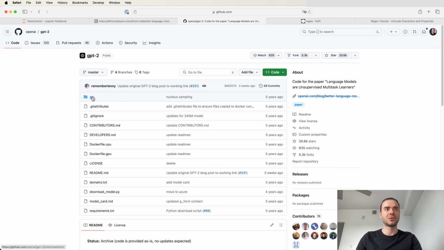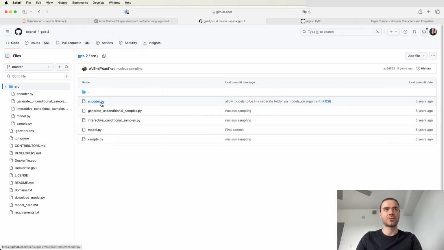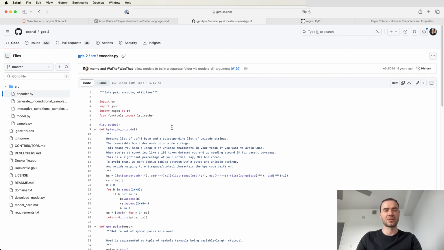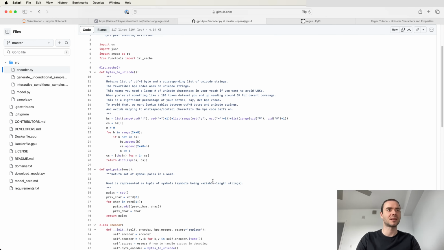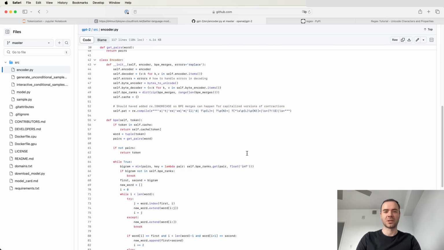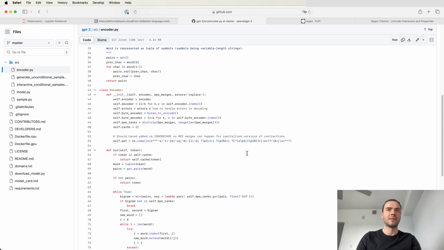When we go to source, there is an encoder.py. Now, I don't personally love that they call it encoder.py, because this is the tokenizer, and the tokenizer can do both encode and decode. So it feels kind of awkward to me that it's called encoder, but that is the tokenizer. There's a lot going on here, and we're going to step through it in detail at one point. For now, I just want to focus on this part here. They create a regex pattern that looks very complicated, and we're going to go through it in a bit. But this is the core part that allows them to enforce rules for what parts of the text will never